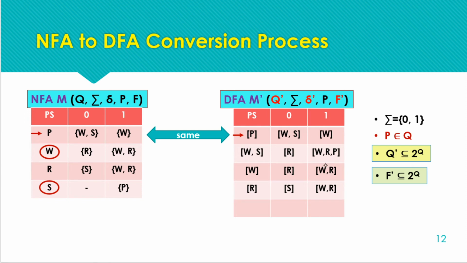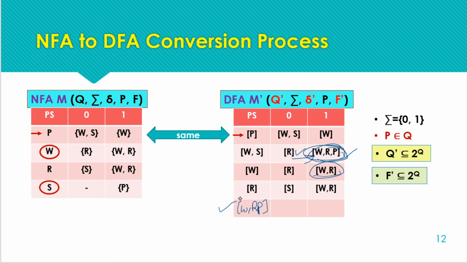Now the newly identified state is WR. But before this we have the newly identified state WRP. No doubt WR is also a new state, but we have to work in sequence. After R we have the new state WRP, so we have to consider this state only. Otherwise we can miss some of the states if we are not working in sequence. So considering the sequence, the new state is WRP.